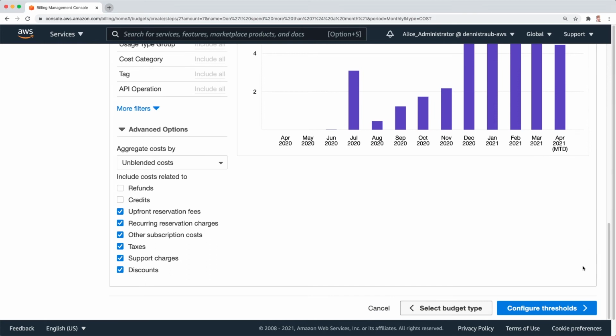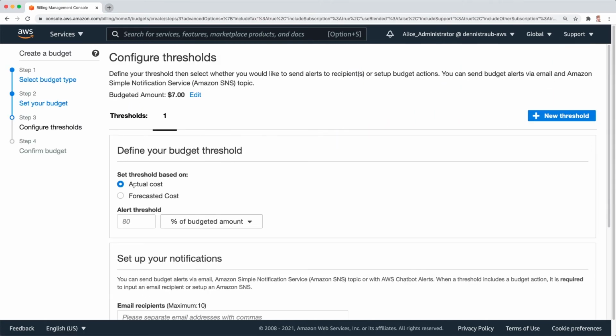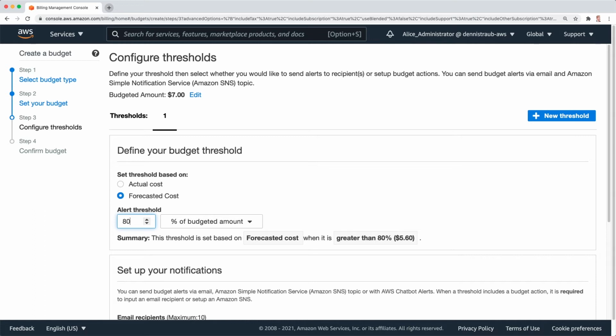and I'm going to scroll all the way down and click on Configure Thresholds. And as you can see here, we have two types of thresholds, one being the actual cost and the other being the forecasted cost, which means the estimated cost at the end of the month if you keep on using your resources as you're using them now. So I'm going to choose forecasted cost, give it a threshold of 80. So whenever the forecasted amount exceeds 80% of my budget, or $5.60 in this case, it's going to send an